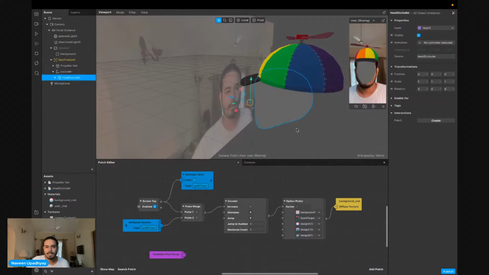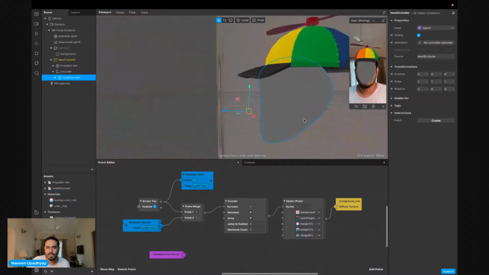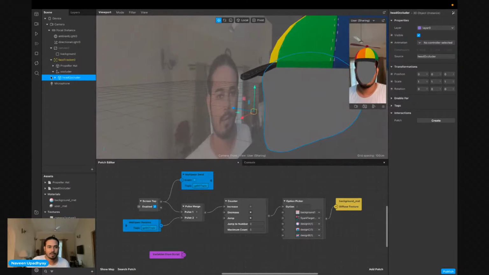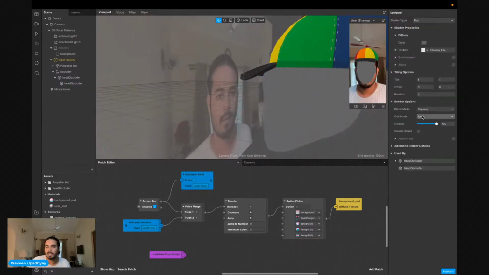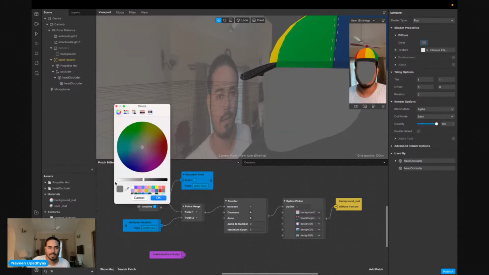Now I can see some sort of material on this, and I can control this material right in the properties because it has a material. I can set it to 0, put it on alpha, or make it super white.